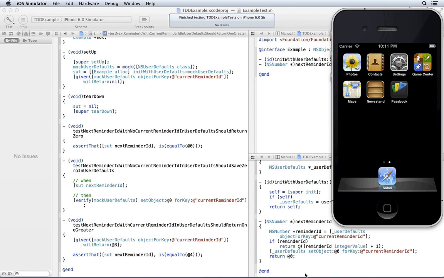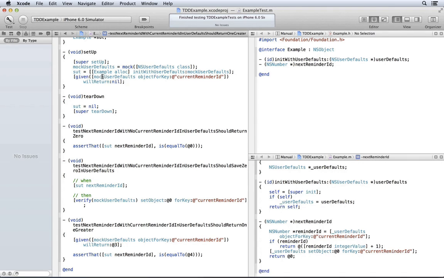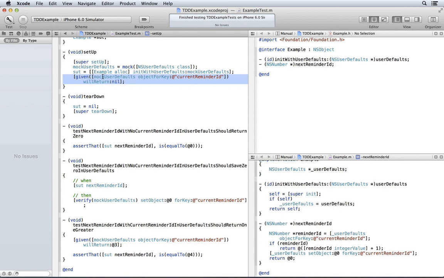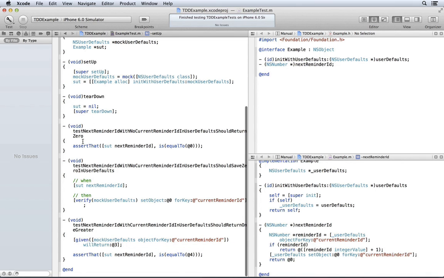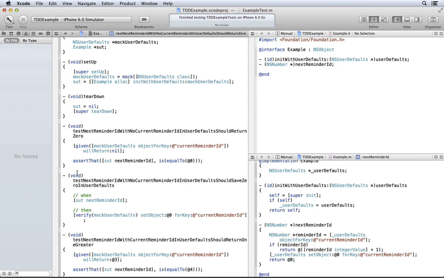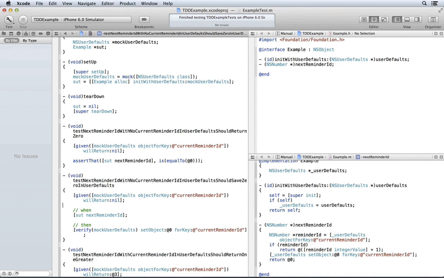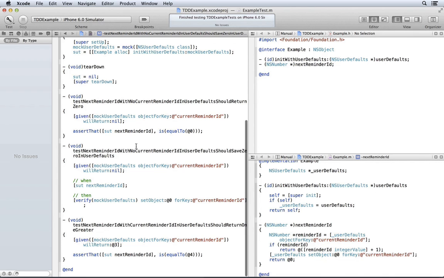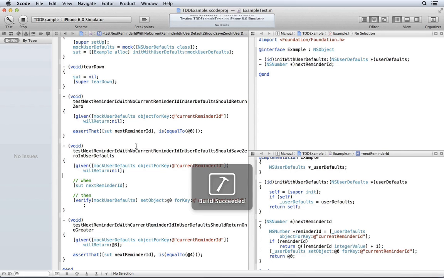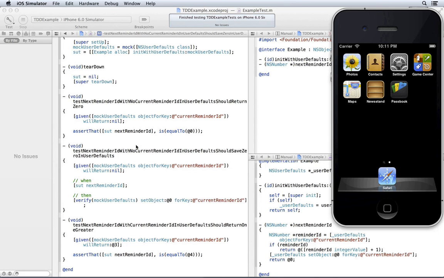Step 3, refactor. I don't like the way that setup sets up the mock object here with a certain fake value, but then it's overridden for this test. Let's move this back down. I know, I just moved it up. But we want to live in the present, not in the future, because the present will guide us in ways that we might not expect. So now with this, let's run the unit tests again to see if this refactoring was successful. We're good.